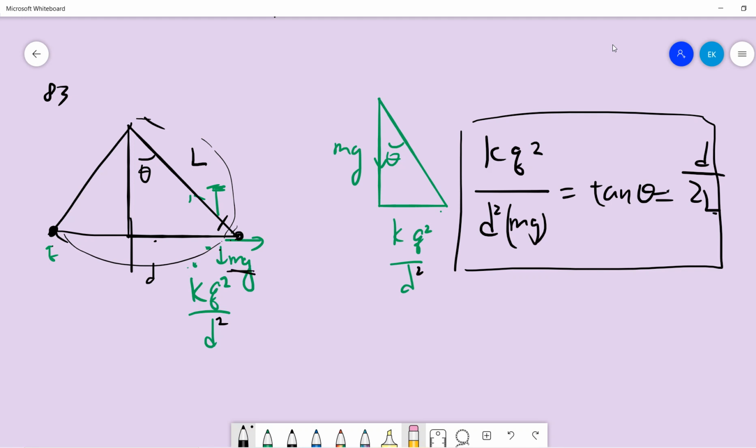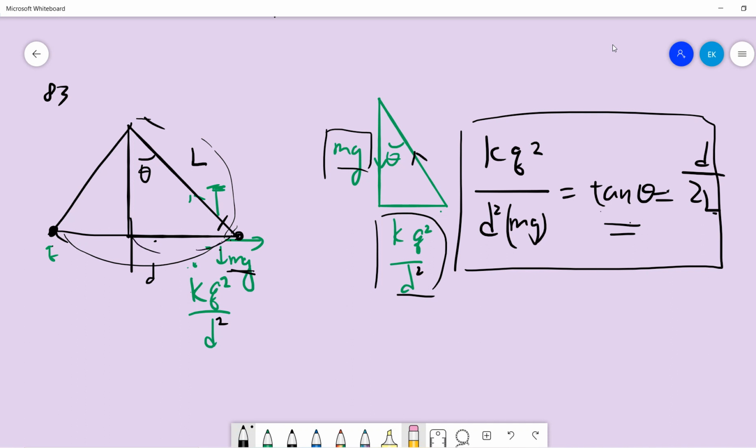So basically, the charge has three forces. One is mg, one is kq squared over d squared, which is the Coulomb force, and the third is the tension. These forces form a triangle. So kq squared over d squared divided by mg is basically the tension, and it equals d over 2 divided by